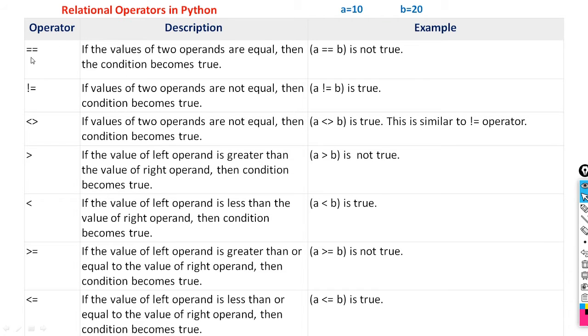The first operator is equal to. Equal to means a combination of two equal to signs. We use a single equal to when, suppose, we want to assign z is equal to x plus y. Here we used the equal to operator. What is the meaning of this equal to? This is the assignment statement.